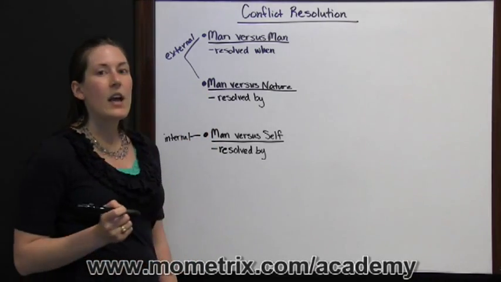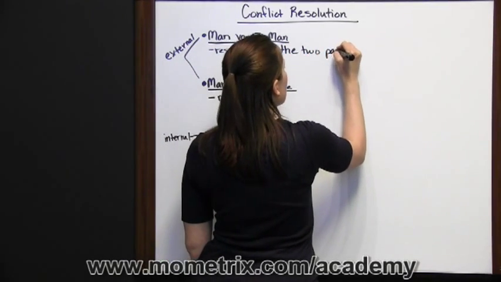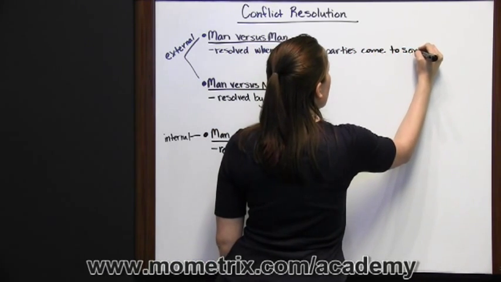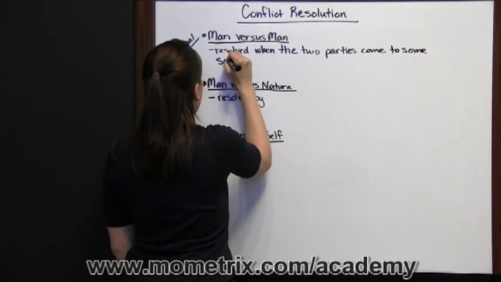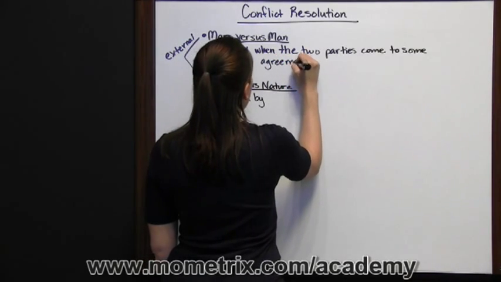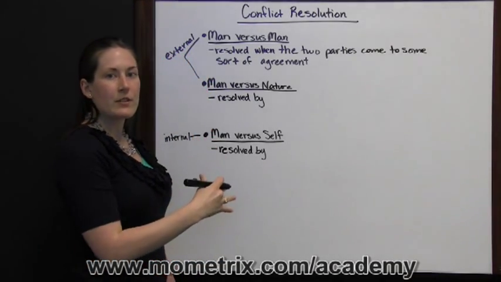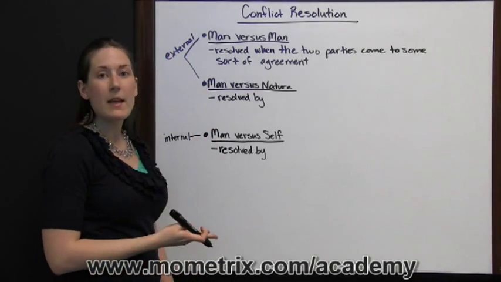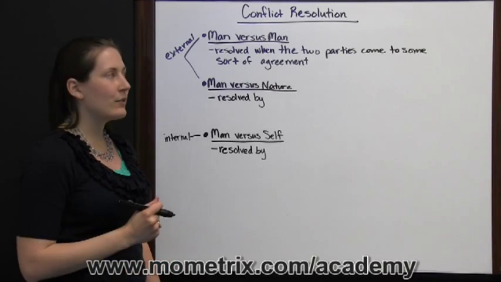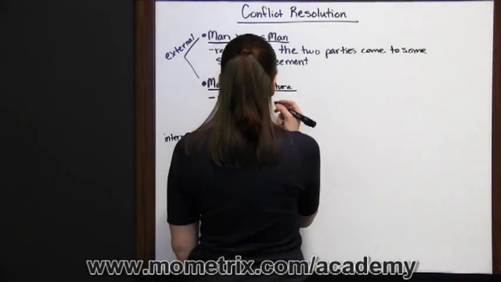Man versus man is resolved when the two parties come to some sort of agreement. So maybe the main character and whoever the conflict was with decide to go with one person's idea or the other person's, or maybe they decide to compromise, but they come to some sort of agreement and their conflict is resolved. With man versus nature, it's usually resolved by